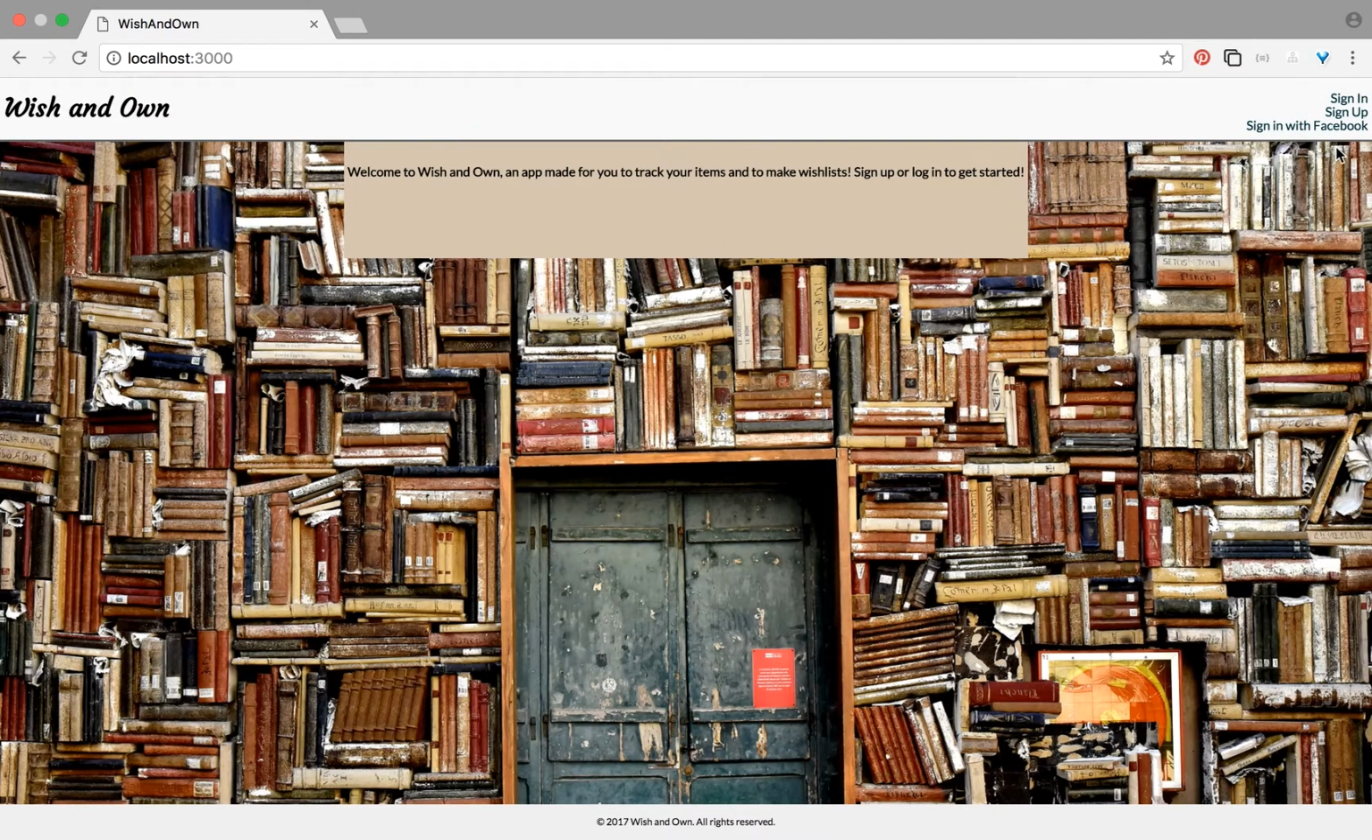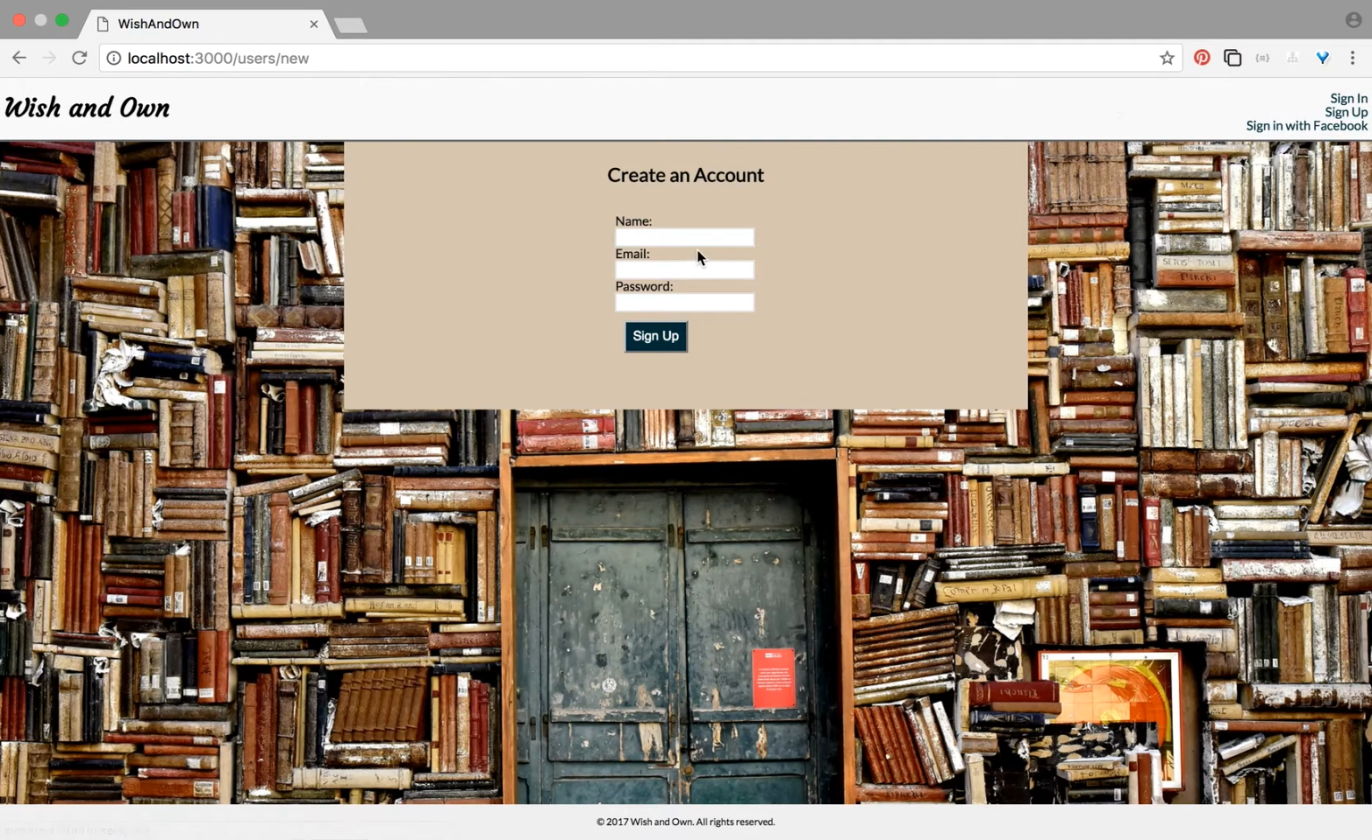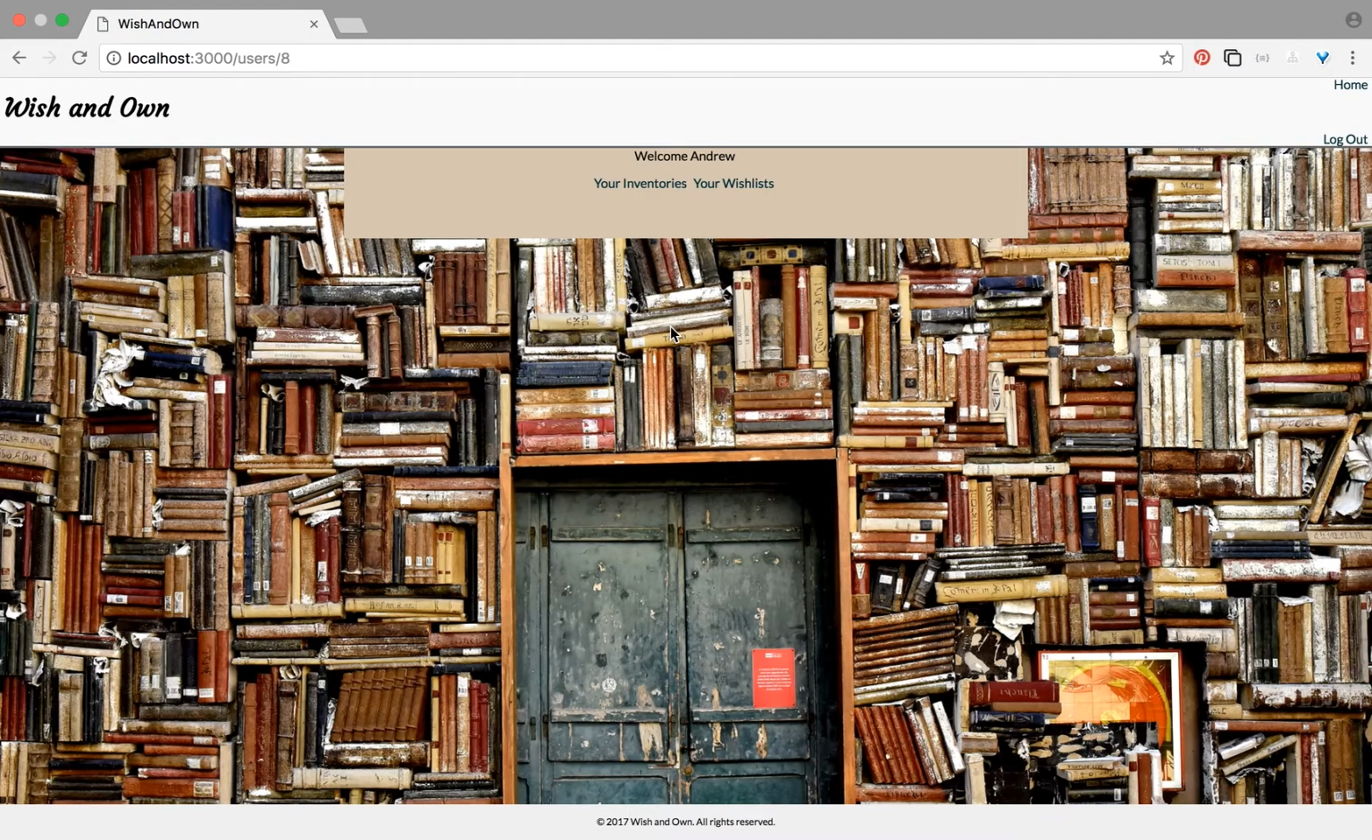So to show you how this works, first I'm going to point out over here on the right we have the sign in, sign up, and then sign in with Facebook. We're going to go ahead and create a new account. So for this account, we're just going to add a new person, and here we go, and our password. Sign up. Okay, so here we have our main page,